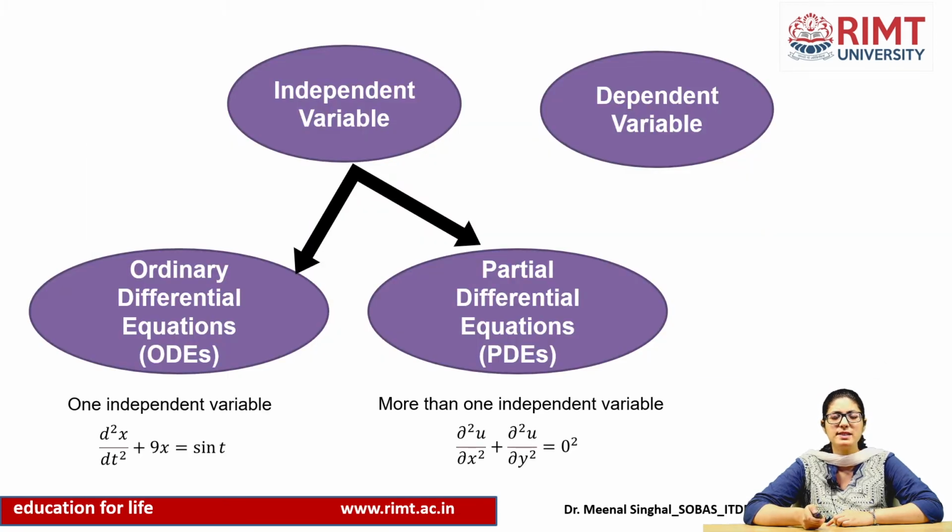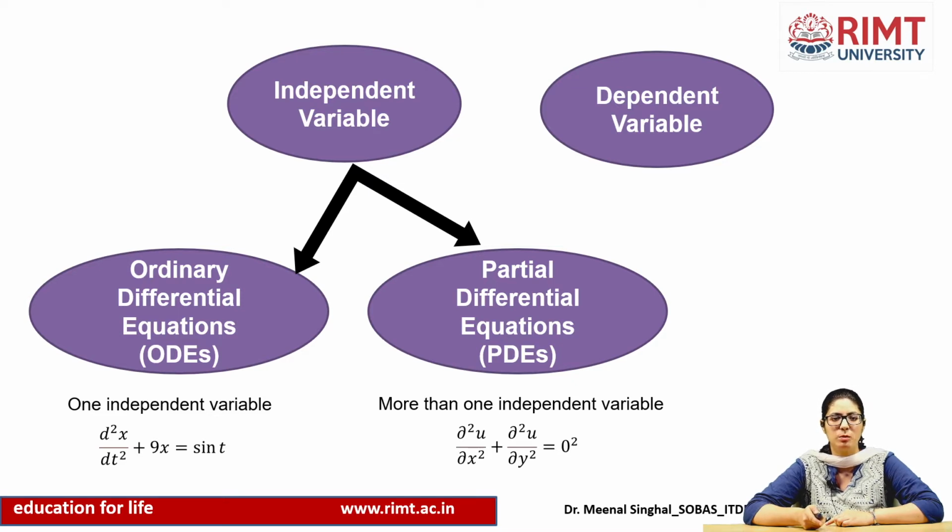In order to understand that, let us take an example. Suppose with respect to time, if I wanted to check whether a student is studying or not, and if that student is studying, how much they are studying, that is governed by independent and dependent variable. So, independent variable in that case would be time, and dependent variable in that case would be how much the student is studying. Mathematically also, whenever we represent any function, if we have the equation of this kind, y is equal to f of x, in that case x represents the independent variable and y represents the dependent variable.